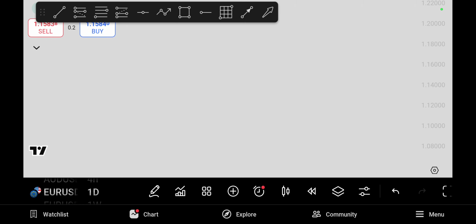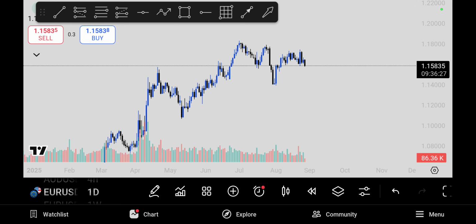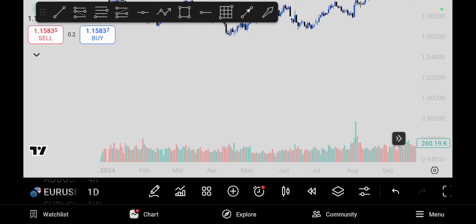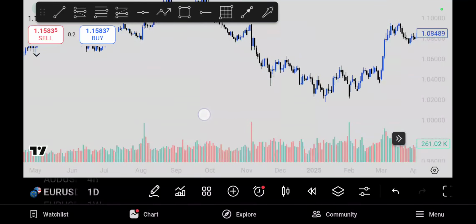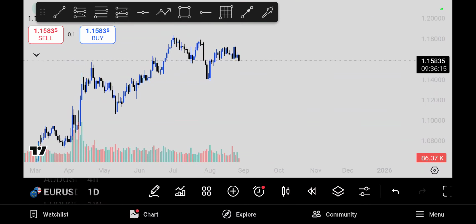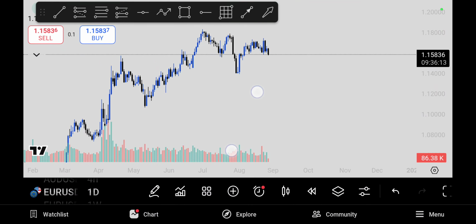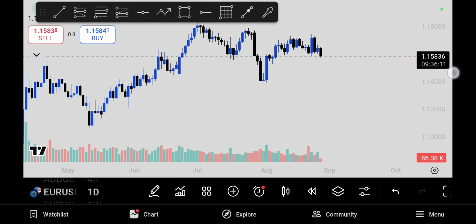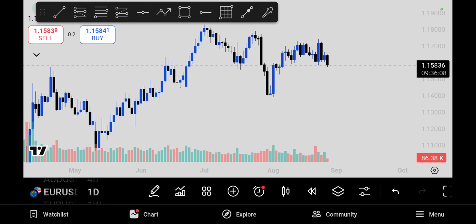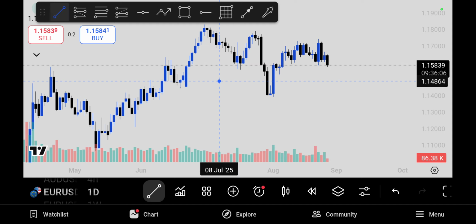So still on our daily time frame, we'll be looking for the two last break of structures that the market formed. We'll not go back under and start looking for break of structures, break of structures, break of structures. No, we'll look for the two last break of structures and we start from the top. Okay, so we say break of structure is when new levels are formed. As we can see here,